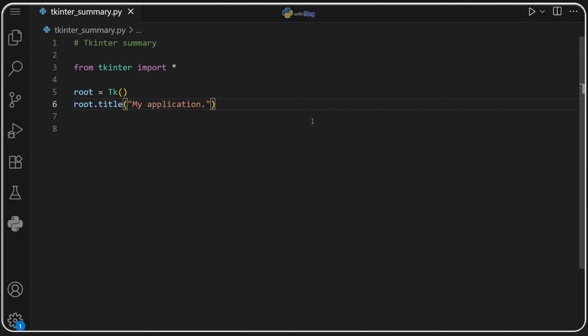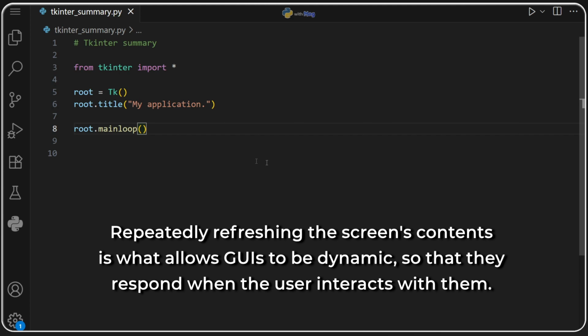So in Tkinter, the way we do our infinite loop is root.mainloop, with open and close brackets like that. This will call the infinite loop to keep refreshing whatever happens on the screen so that Tkinter can display it. So now if I do root.mainloop,